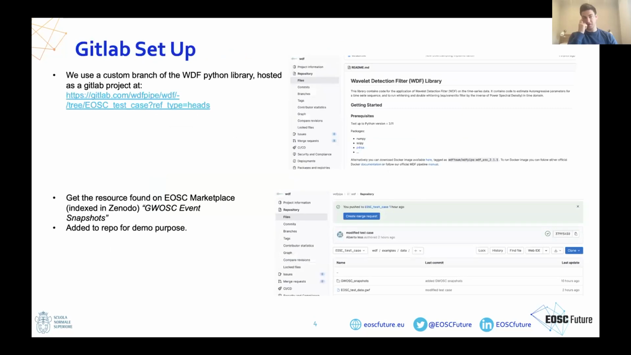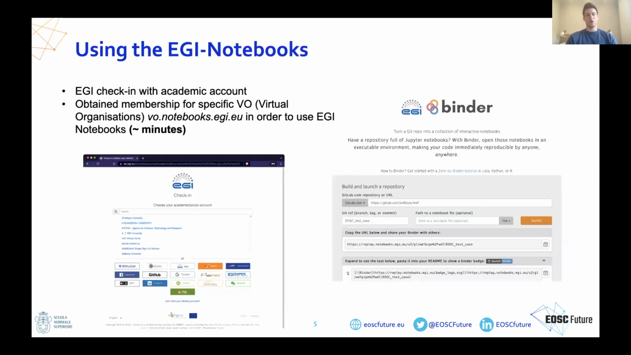And we used these snapshots to download the data, and using a custom branch of the WDF Python library for this EOSC test case, we loaded the data locally and added it to this repo. What we did then is try to use the EGI notebooks through the Academic Check-in, obtaining very rapidly the specific virtual organization to use these notebooks. And we also tried to use Binder, which basically allows us to directly give the GitLab repo and its branch to reproduce the environment and the notebook in real time. And this is, I think, a great resource even for reproducibility of